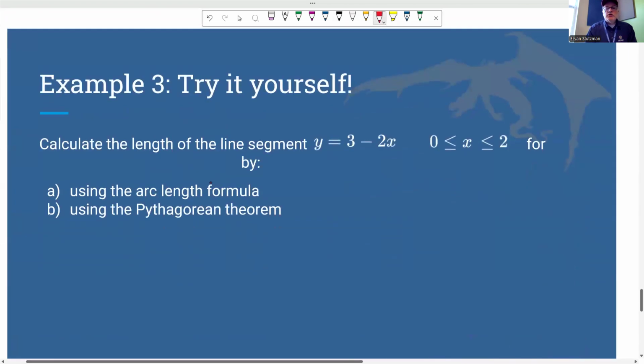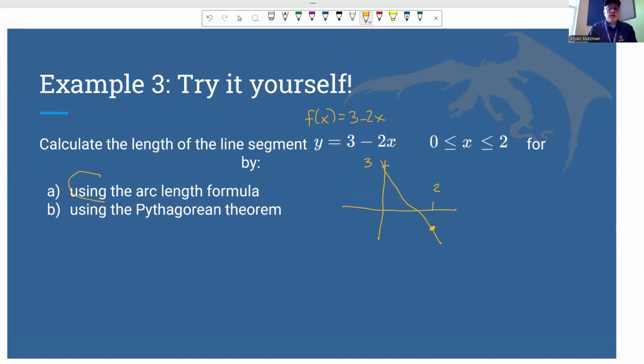All right. The last one I want you to try by yourself. Find the length of this curve, f of x equals 3 minus 2x. It's not a very curvy curve because it is a straight line. That's y-intercept of 3 and a slope of -2. So I want to find the length of that curve between 0 and 2, which I think that's where 2 is down here. Find the length of that curve by using both the arc length formula,